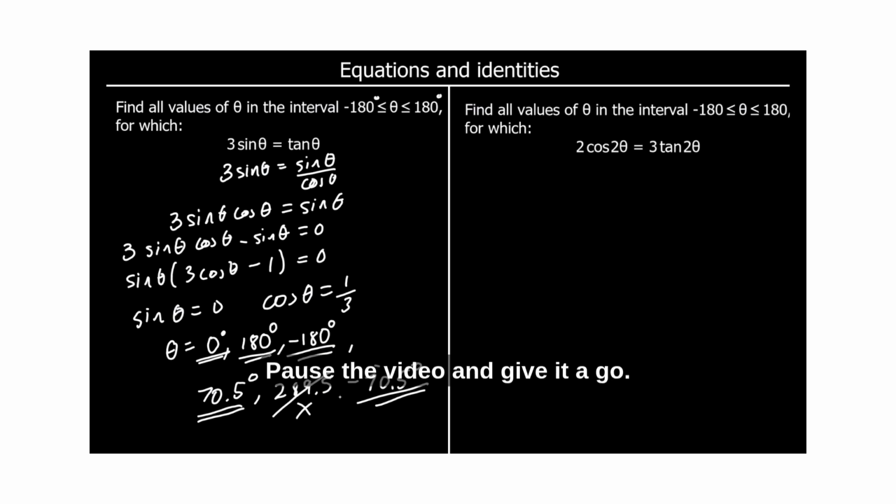One for you to try. Pause the video and give it a go. Find all values of theta in the interval negative 180 to 180, for which 2 cos 2 theta equals 3